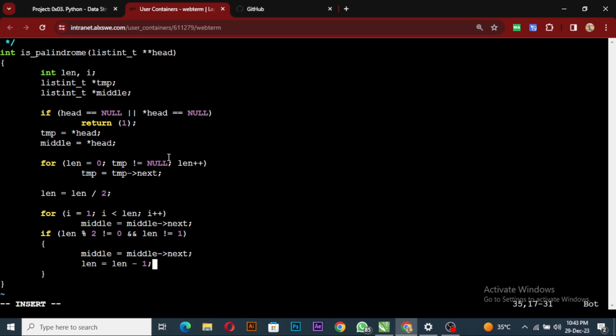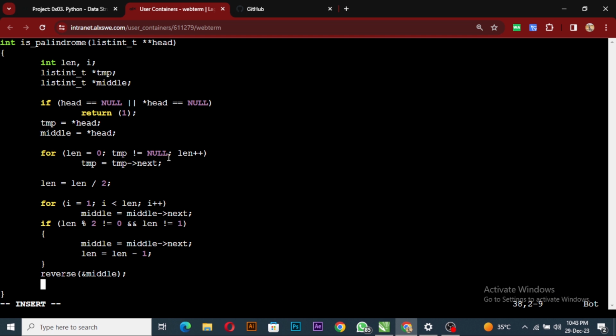Okay, and then we'll reverse the middle. So we'll define the reverse below. We'll reverse with address the middle, and then I will compare both, compare lists,